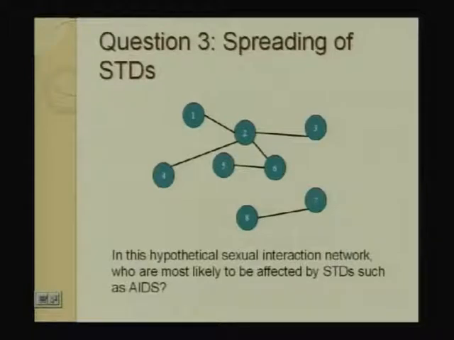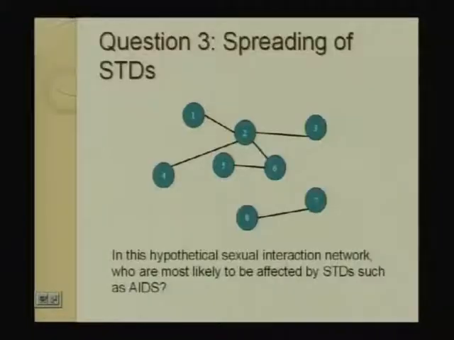The third one is actually spreading of STDs. What do you mean by STDs? Sexually transmitted diseases. So it's a very well studied area actually. People study the sexual interaction network. Here the nodes are again persons, and an edge represents a sexual interaction between two persons. Now in this network, if I ask who are the persons most likely to be affected by some sexually transmitted disease, like say AIDS,